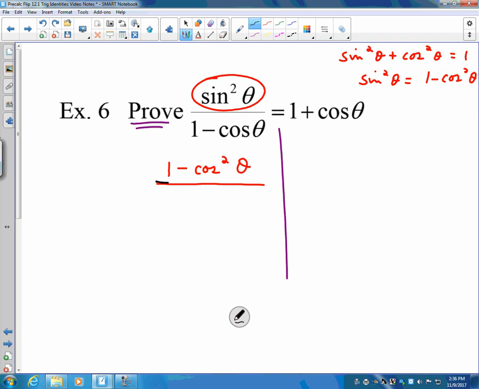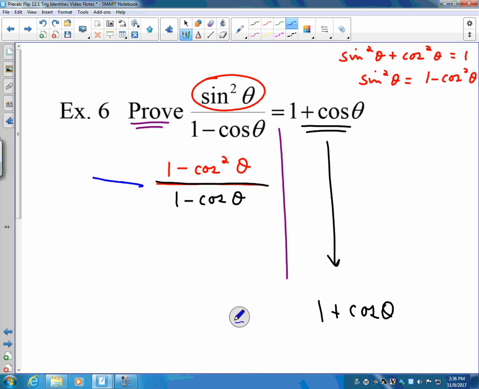Let me just keep all this other stuff here in black because all I'm changing is the red. All right. And I'm not going to touch this right side, okay? This right side I'm just going to sort of bring down, and I'm going to hope that I can establish the left side as being 1 plus the cosine of theta. We'll see. All right, so let's keep going. What am I doing now with this fraction here? It is a fraction. What's going on up top? 1 minus cosine squared. That's the difference of 2 perfect squares, isn't it? Up top here